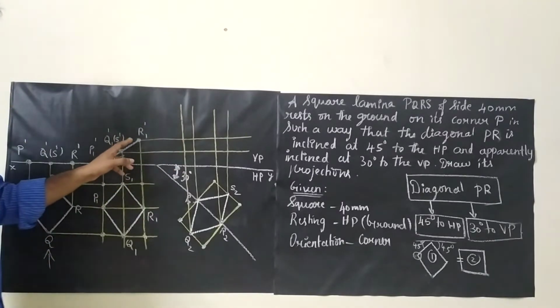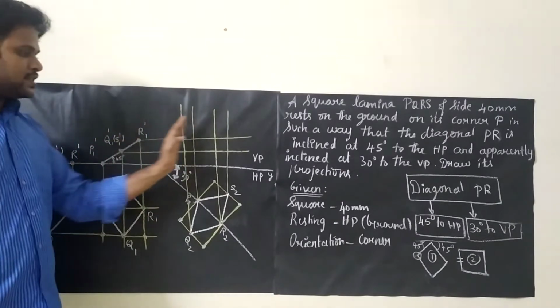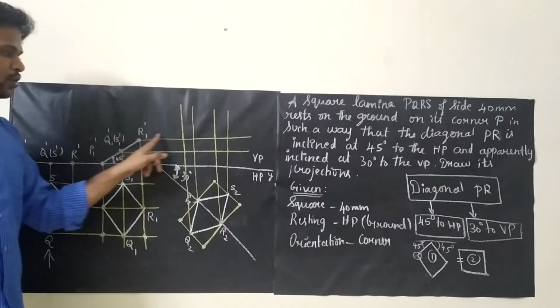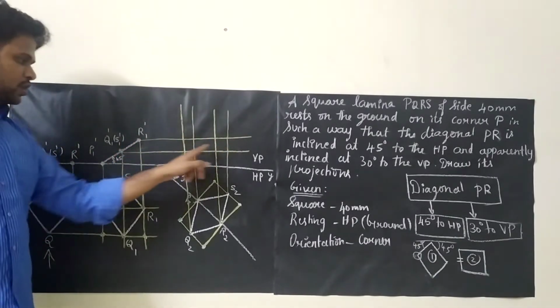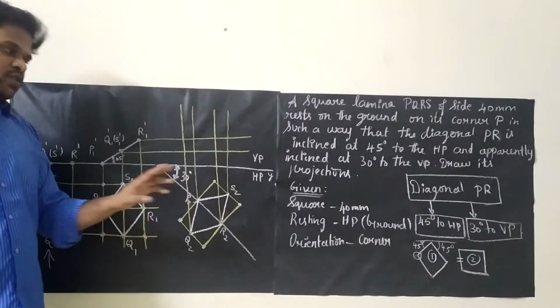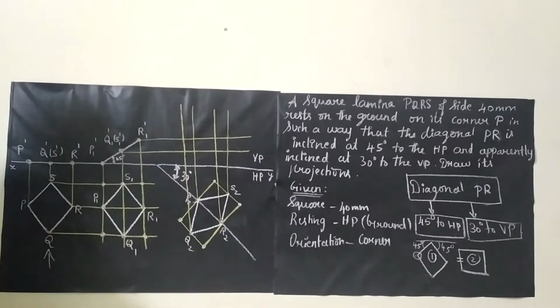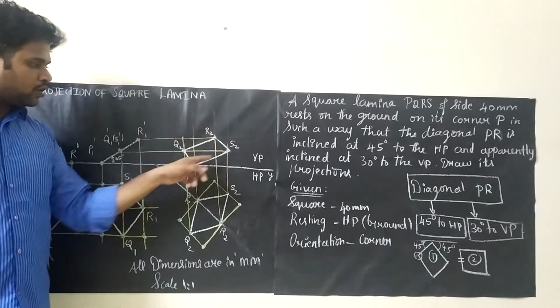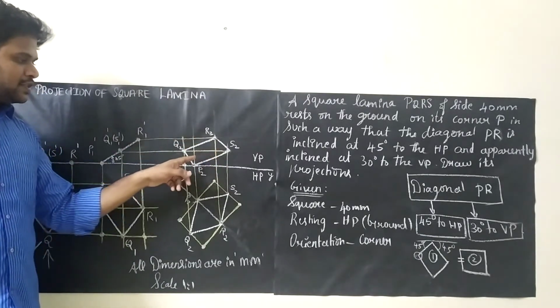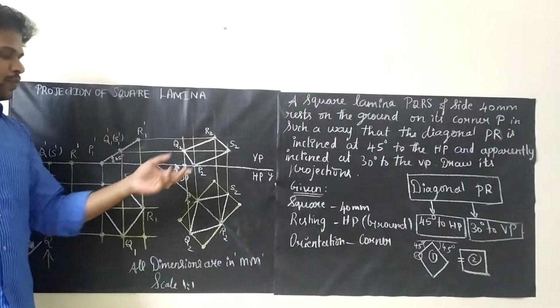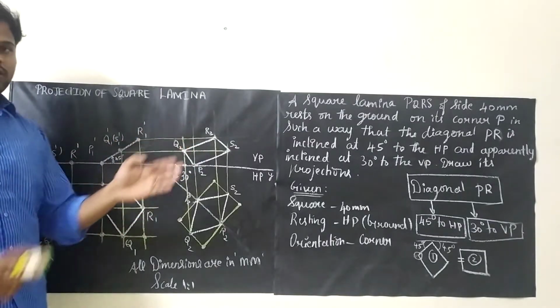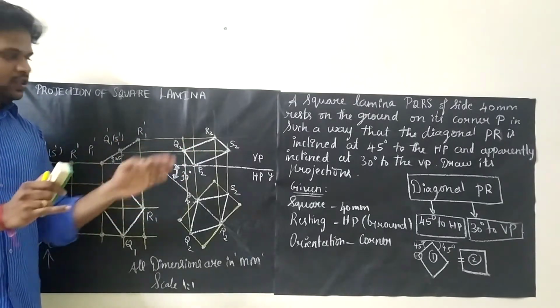Then you have to extend the same lines horizontally. So you have to extend R1 horizontally, and the Q point you have to extend horizontally. This point lies on the reference line, so no problem. Then we are just going to fix the point and complete the diagram. Now you have to join all the 4 corners. If you join all the 4 corners, you will be getting a square here, but it won't be in a regular shape. So whatever the dimensioning or irregular shape you are getting, that is our solution.